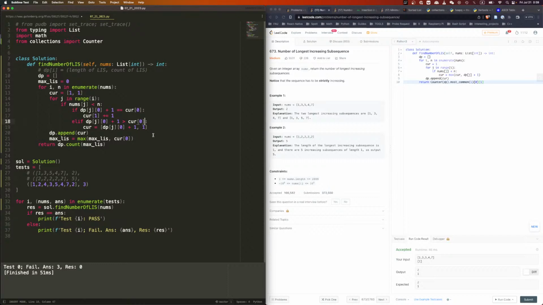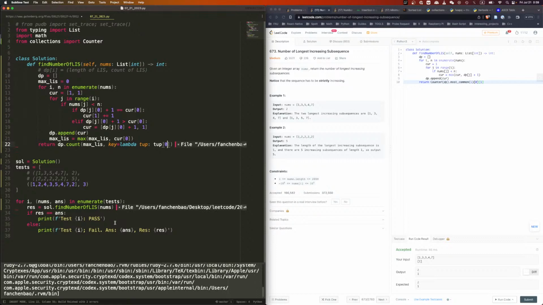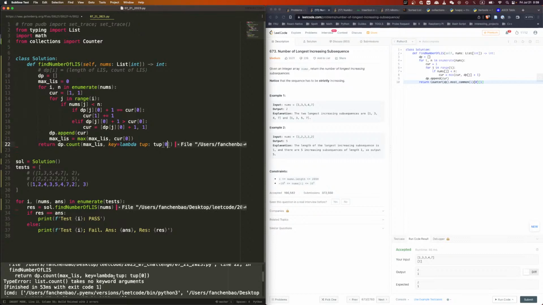Nope. Of course, I can now count directly. Does it have a key? Zero. Nope. Oh, okay, that's fine. So for length and count in dp, if length equal to max LIS, then we do C, and then we sum this.